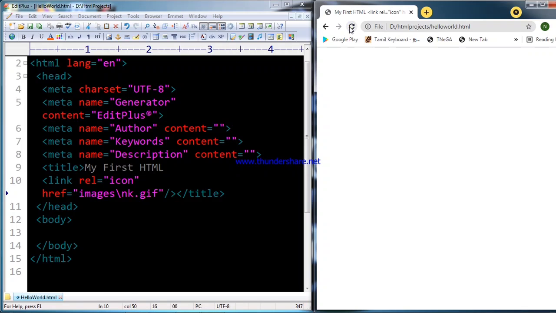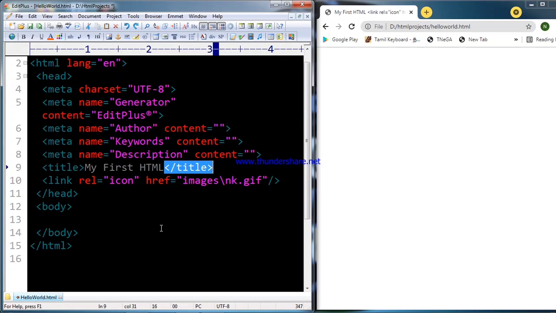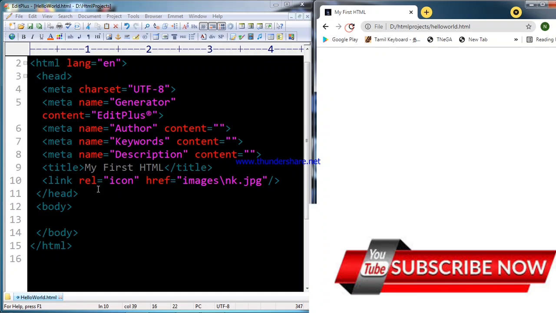So another thing: is it compulsory that all elements have attributes? Not like that. Some elements have attributes, some elements do not require attributes. For example, if you take the title as an element, it doesn't require any attributes, because I just display static text on my title bar.